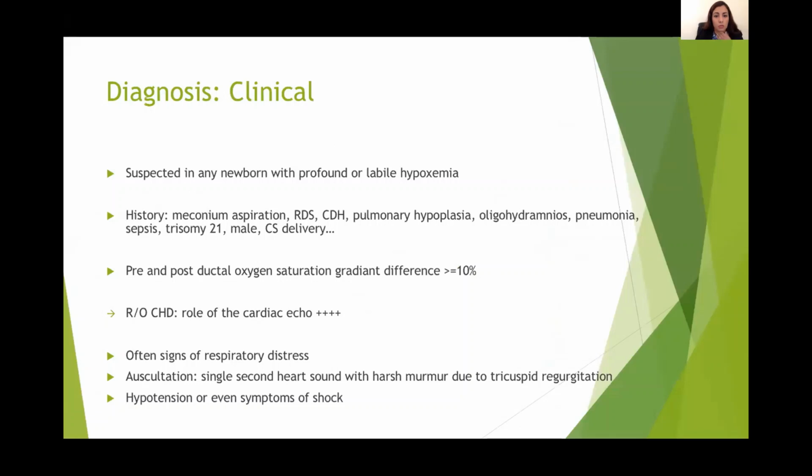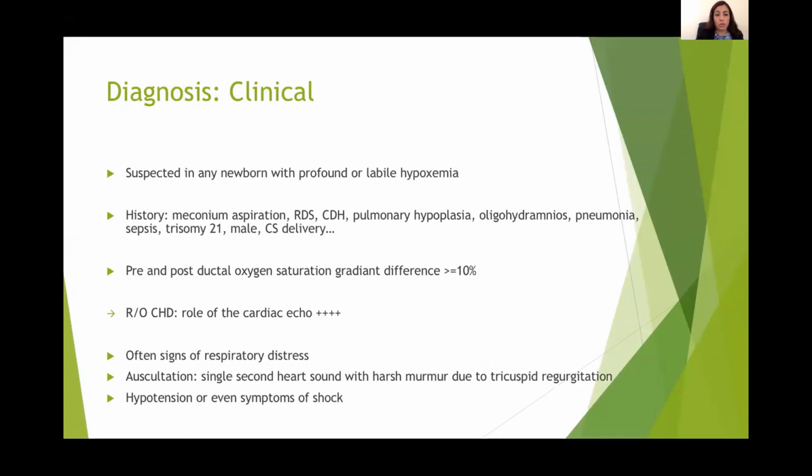So for the doctors who are not familiar, who are not always in NICU, when are we suspecting this PPHN? It will start with a newborn who is having profound or labile hypoxemia. Of course, we will go back to the history. Is there any meconium aspiration? If it's a term baby or not, cesarean section delivery or vaginal, if there was any history of oligohydramnios or